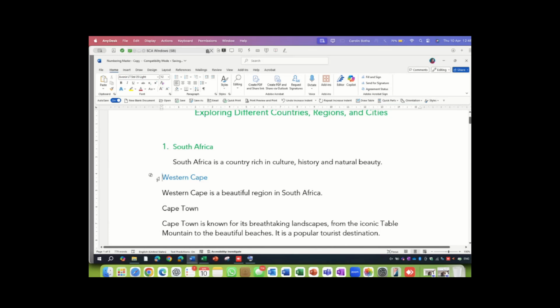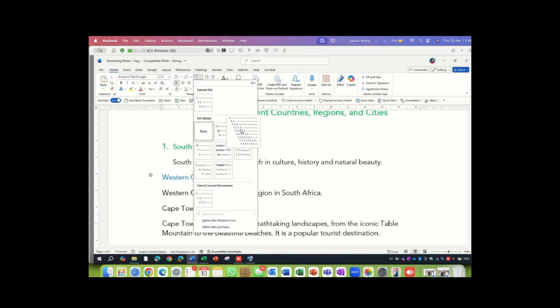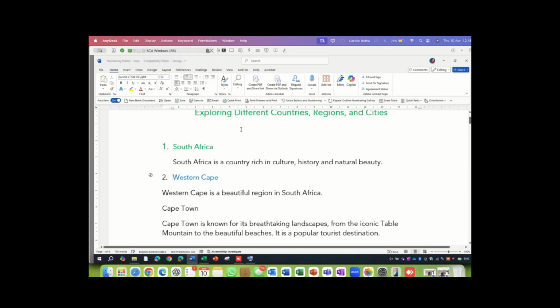Western Cape, I just click there. I don't even have to select it, but I prefer selecting it, though you don't have to. So I'm going to click there. Once again, go back to my outline numbering style. There is a shorter cut when you use the format painter. There you go, but it is not number 2. Can you see it didn't turn blue? But we're not going to worry about that today. We can work around that.